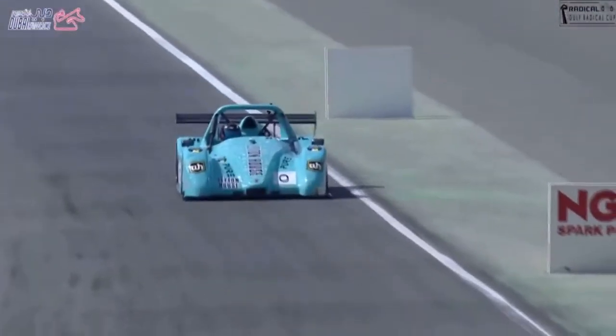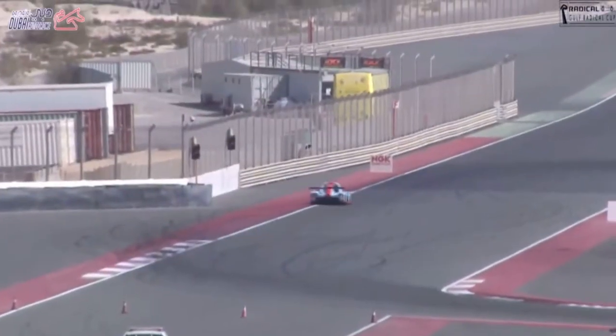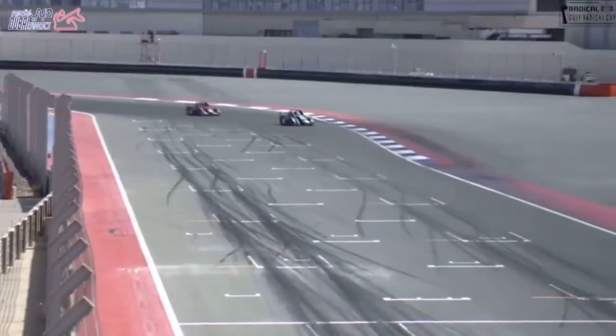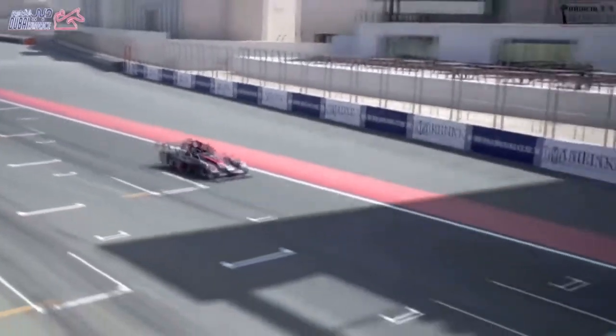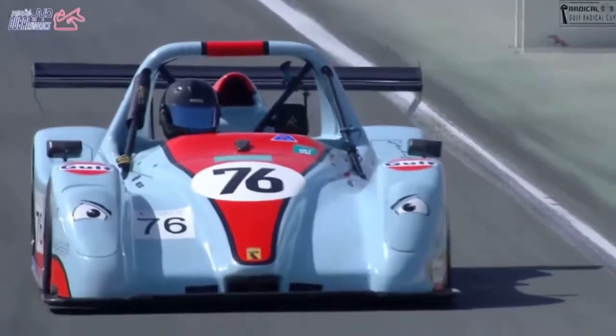those drivers cracks first. Here's Alex Khatib with the Leighton House teal colours on his Radical, looking very serene out in front. Here's Abdul Nasir Al Hamidi. Now, he cannot let the pressure go here. He's had 2 finishes only this year, so he really needs to put some points on the board. But being up in second place, that's going to be his best performance of the season. And if anything should happen to Alex Khatib up front, he is right there to take his first win of